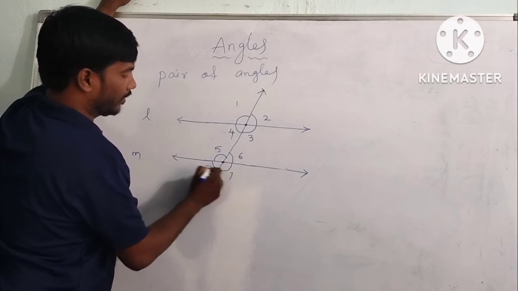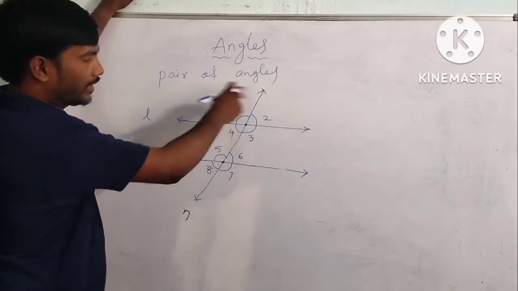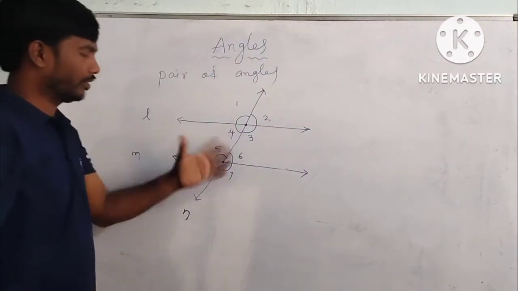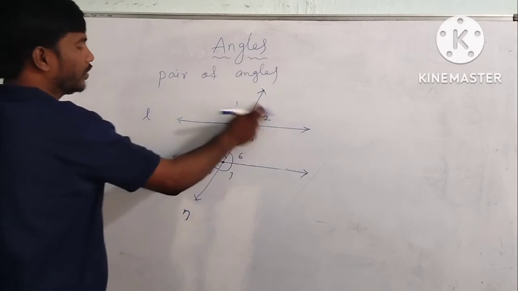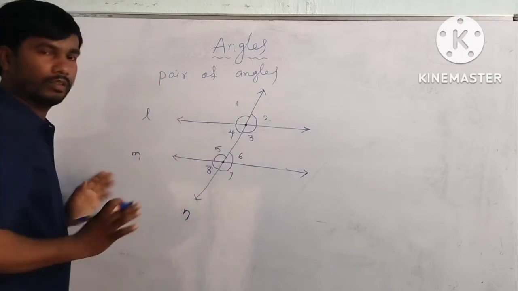angle 8. Sir, why are you writing in this order? If you write them in a different order, you may get confused. That's 1, 2, 3, 4, 5, 6, 7, 8. Okay. Now,